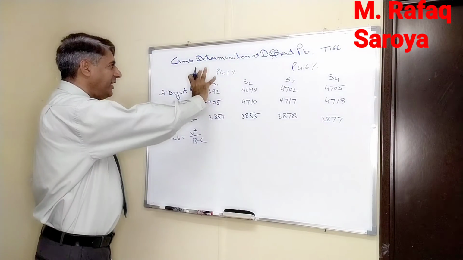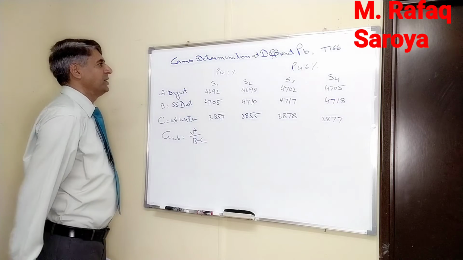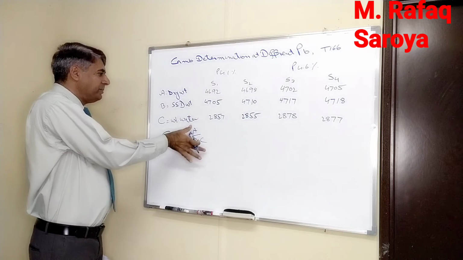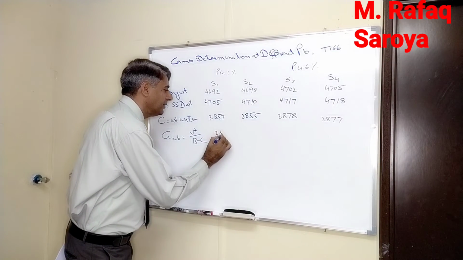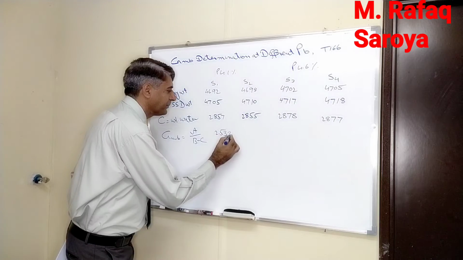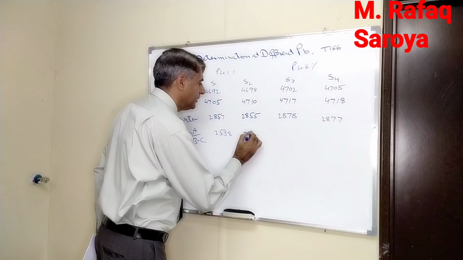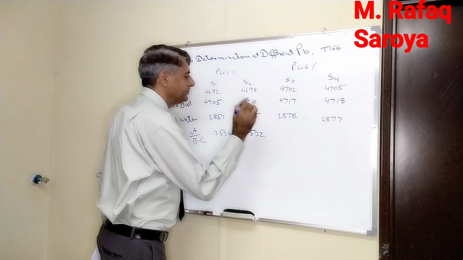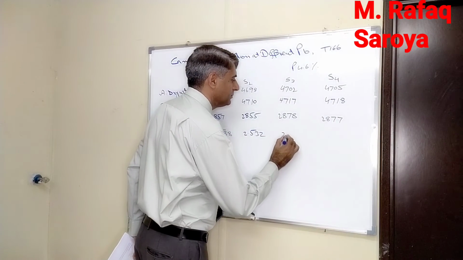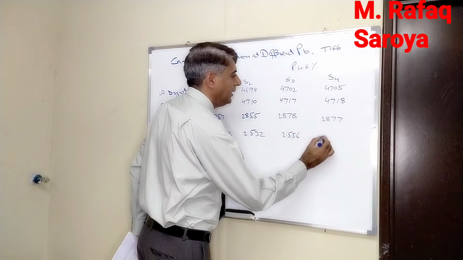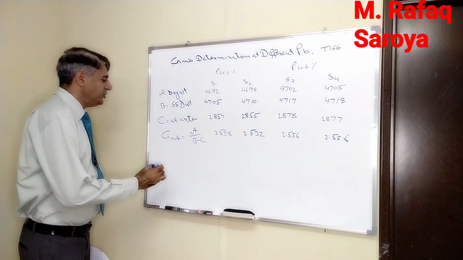Now, when I have written all these values over here, and for your clear understanding I have written the formula also, when these values are substituted in this formula, we are going to get 2.538, 2.532, 2.556 and 2.556. Over here, GMB